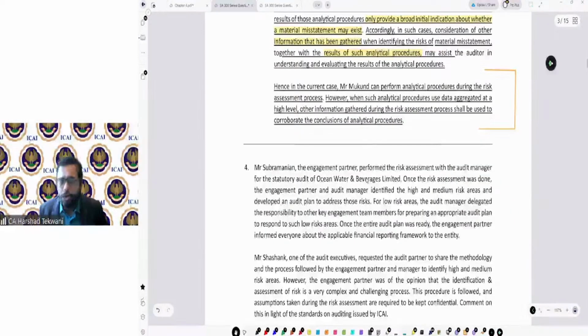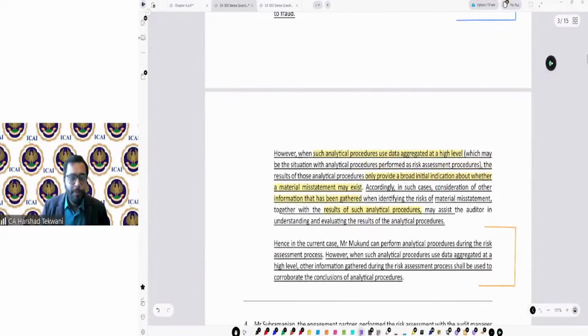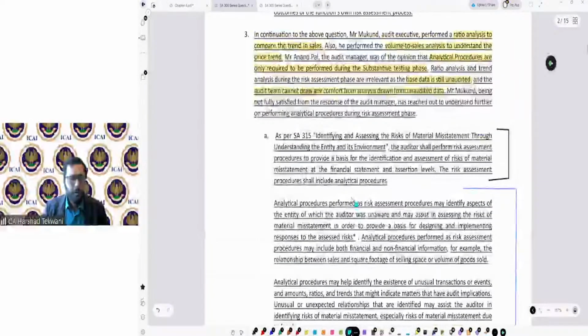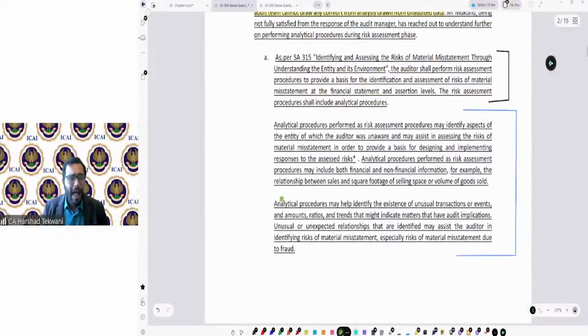Okay, let's see one more question. The more we practice the questions, the more we will get how to write an answer. Plus, there are some specific keywords, guys, that you need to focus upon when you are writing an answer. So I'll tell you one. See over here. Whenever I'm quoting any particular provision number, I need to write full detail, like SA 315 with the name. If I'm quoting any provision of the Companies Act or any other act, I need to write the full provision.